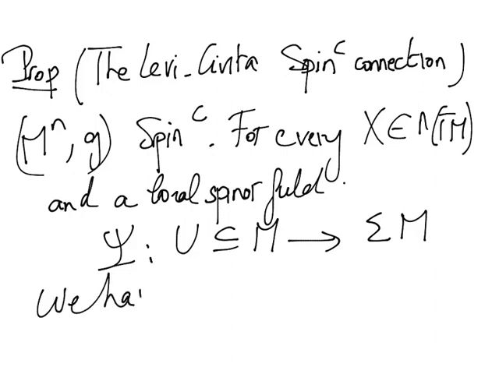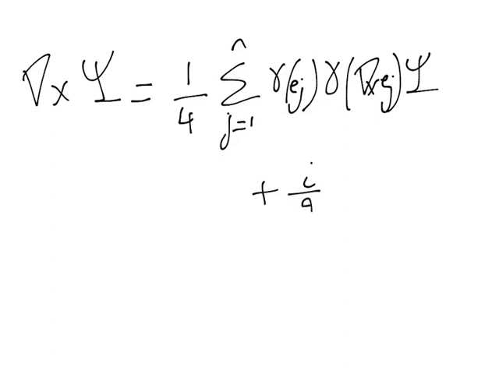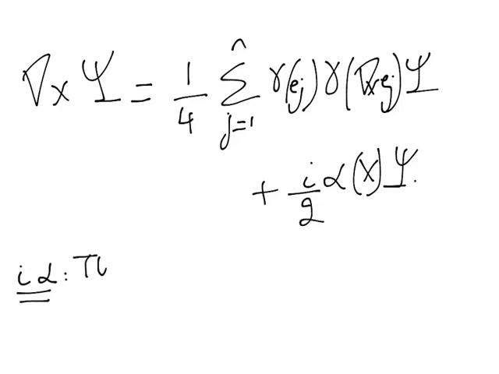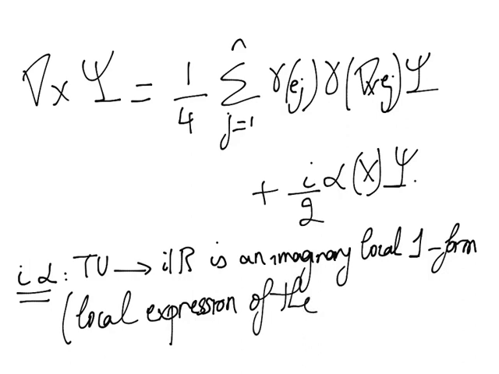We have nabla_X psi equals 1 over 4 sum over j from 1 to n of gamma e_j gamma nabla_X e_j of psi, plus i over 2 alpha of X psi, where i alpha, from TU to iR, is an imaginary local one form, and it is a local expression of the connection on the auxiliary line bundle